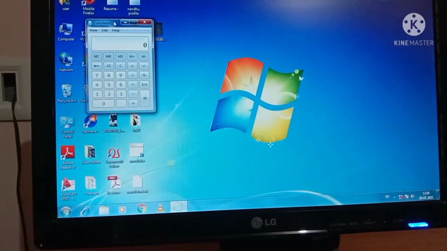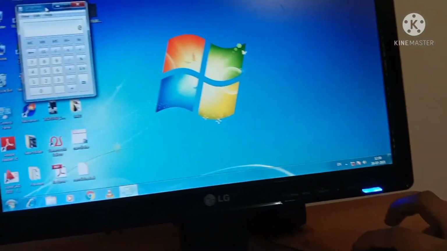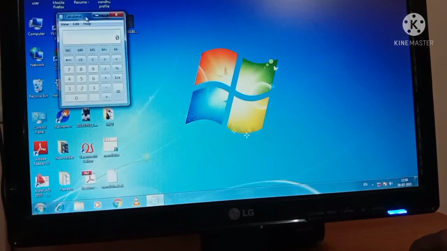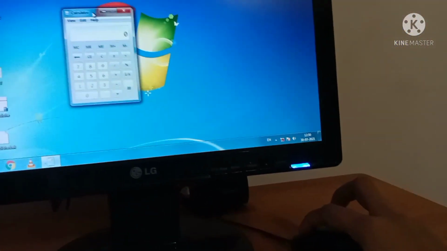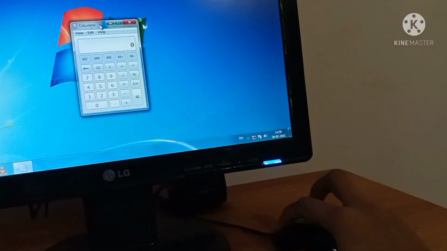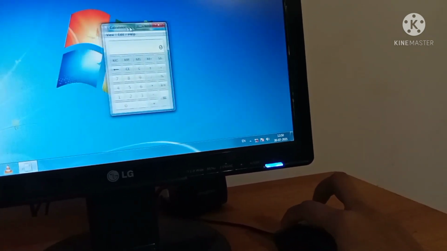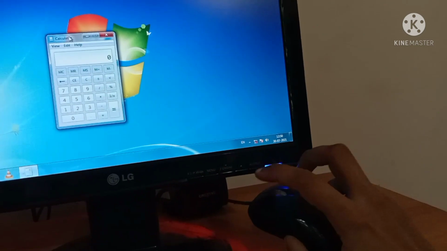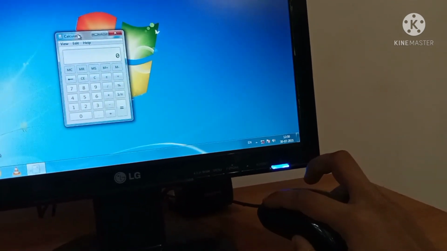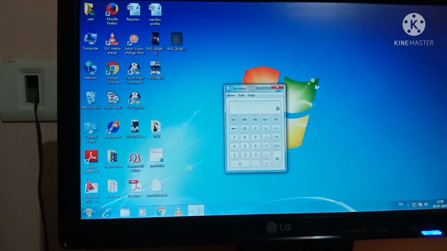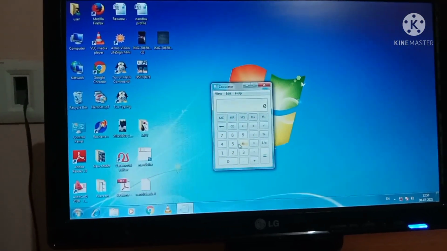The calculator came there. So I have to press my button, and move this calculator to here. We will call it dragging. So I can drag it. Can you see this? I have to press this button and drag the mouse.